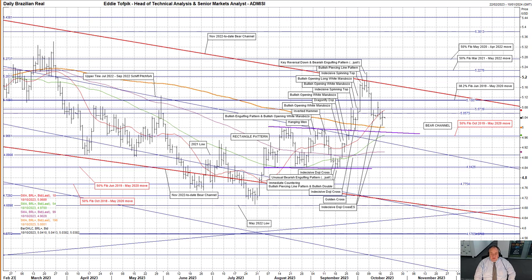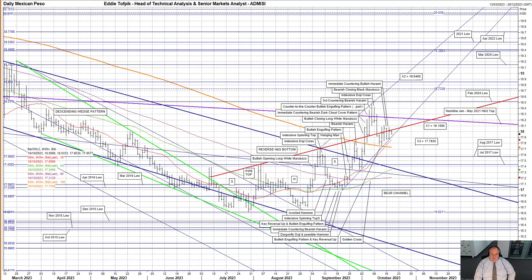The most recent incident has been how the upper bear channel line, currently at 517.40, capped the market in early October. Meanwhile, below, we have a whole load of supports, consisting of the flatlining long moving average, highlighted in gold on my daily chart, currently 500.1. The upper trend line extension, highlighted in purple on my daily chart, of the August to September rectangle pattern, currently 498.19. The rising short medium moving average, currently 497 even, and the 50% Fibonacci line of the October 2019 to May 2020 move at 496.61.